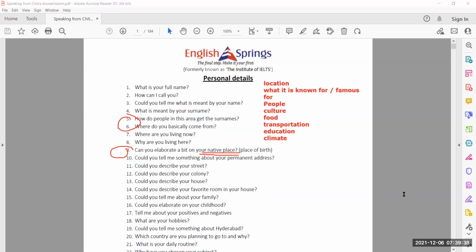My full name is Nandiala Saranya, and you can address me as Saranya. Coming to my birthplace, I'm from Nashropeta, and it is located in the central part of Guntur district of Andhra Pradesh, and it is famous for spicy food. Good try, Saranya. Thank you.